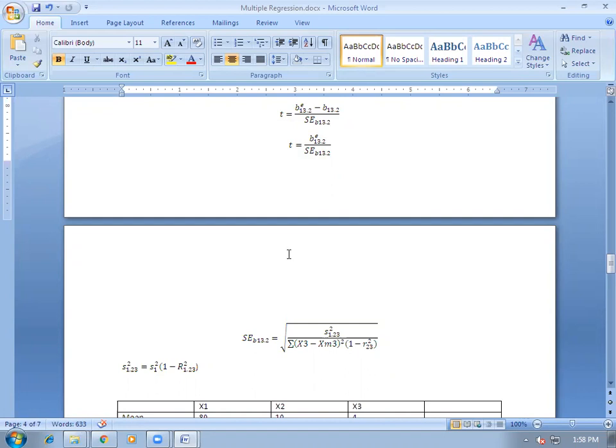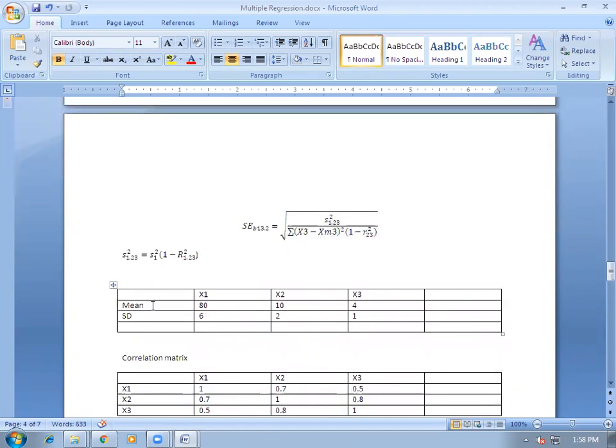And with the help of the degrees of freedom at a given level of significance, we check the tabulated value of t, and then that tabulated value of t is compared with the calculated value of t. If the calculated value of t is more than the tabulated value of t, then the null hypothesis may be rejected. Basically, if it falls under the rejection region, it's not always that it is greater than the calculated value. If it falls under the rejection region, then the null hypothesis may be rejected.